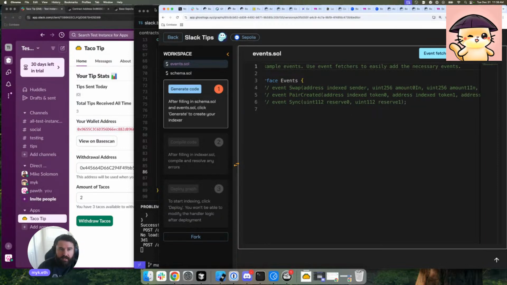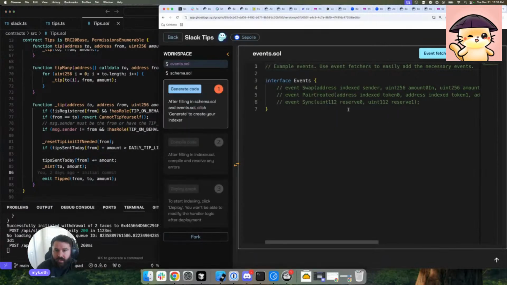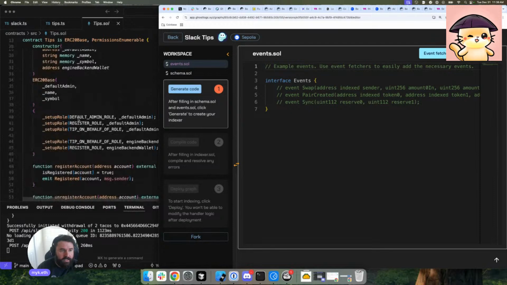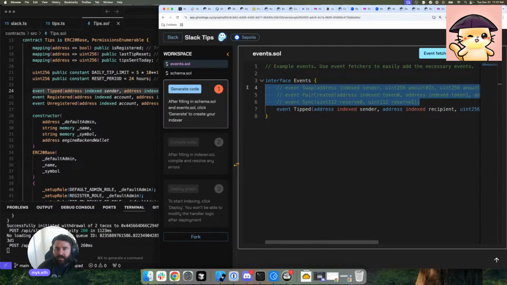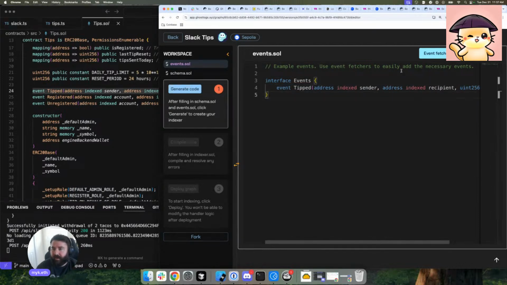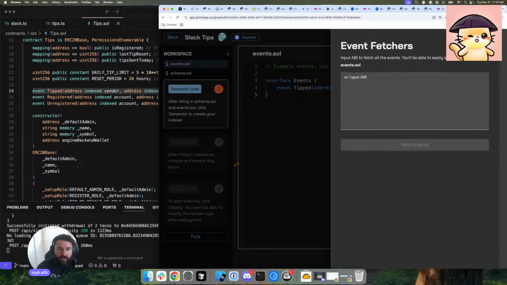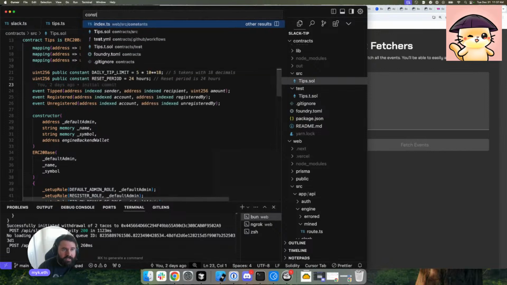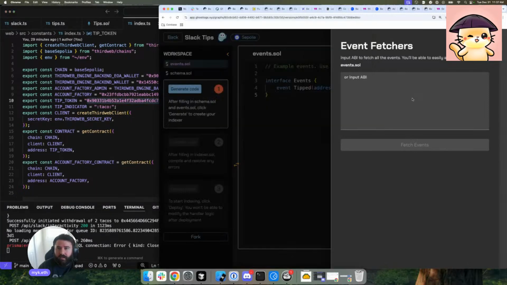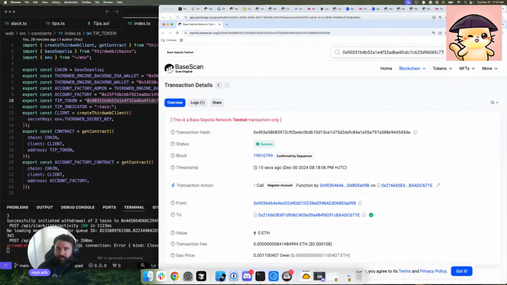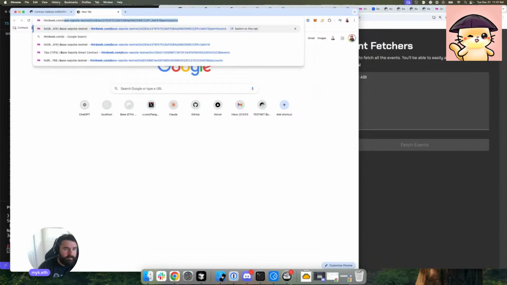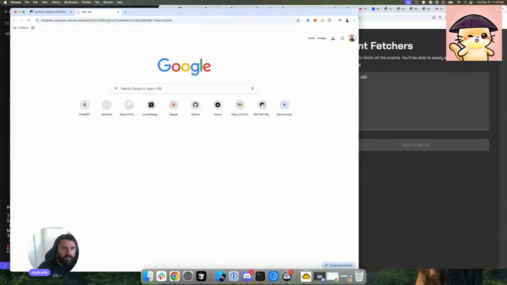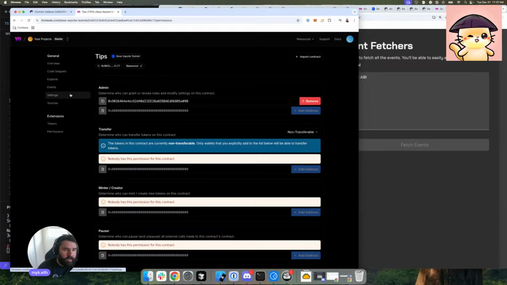So a lot of the information that we need is just right here in this contract. So for events, we're going to use this tip event, and I can just copy paste my tip event from my contract right into here. Pretty cool. All right. We don't need any of this. And I think, oh, look at this. I think it fetches your event from your ABI. So if we actually go to get my ABI from my contract, if I go to my constants file, get the address of that tip token, I'll just look at it on Sepolia. I'll get the ABI from here. Let me quickly verify the code on the chain so that we can get the ABI. I deployed it with Thirdweb, so that makes it nice and simple to